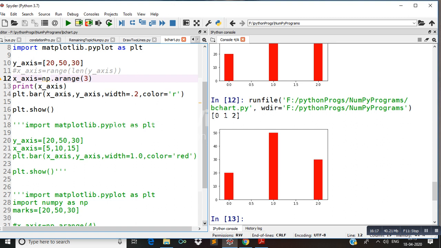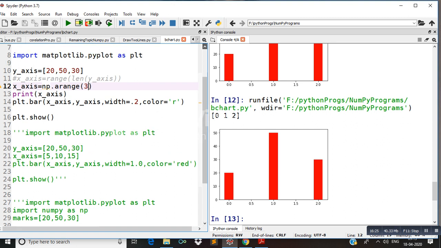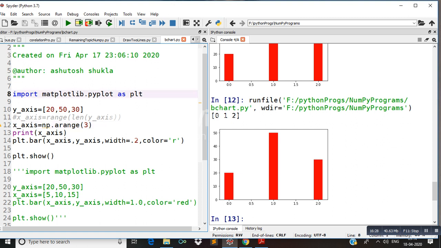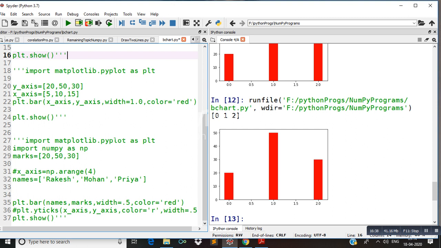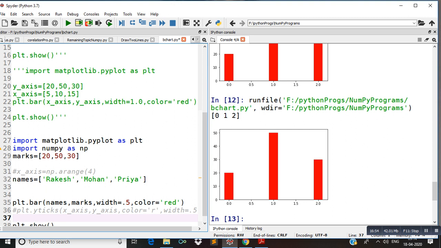One more thing which is left. In the third program, I can write some lines like this: plt.xlabel. At xlabel we have names, so here we can type student's name.